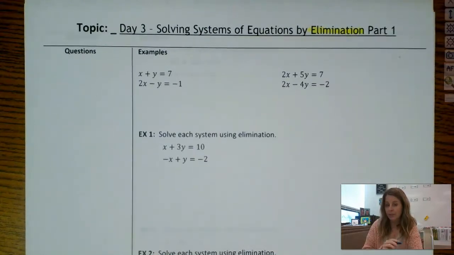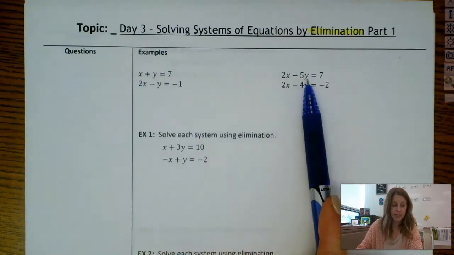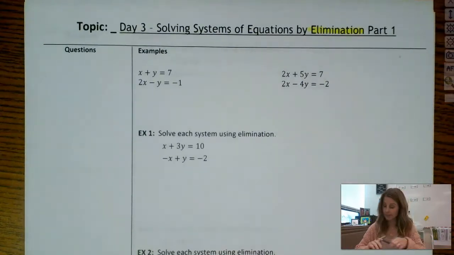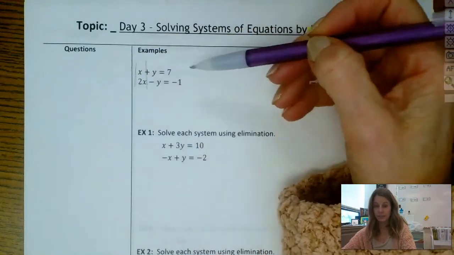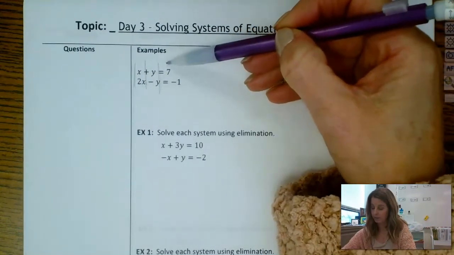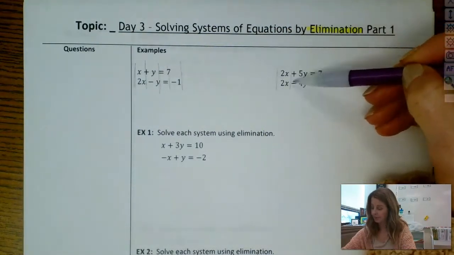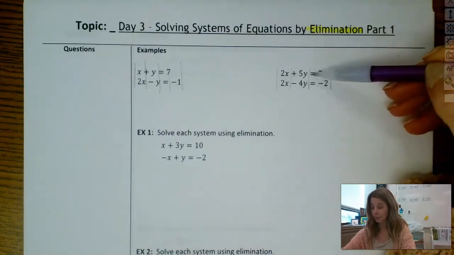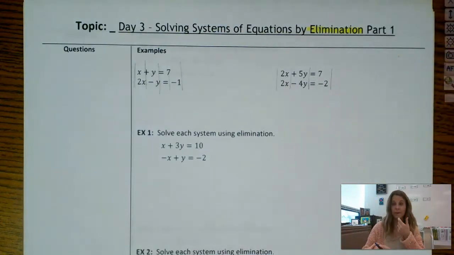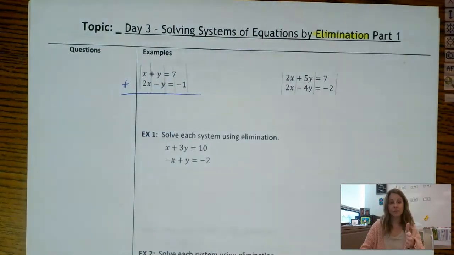What I want you to notice on these first 2 equations is how things are aligned in columns. The x's are aligned in columns, the y's are aligned in columns, and the numbers without variables are also aligned. Same thing here. X's are lined up, y's are lined up, and numbers without variables. We got our equal signs lined up. So if we can get more of a column approach, then what we can do is add vertically the